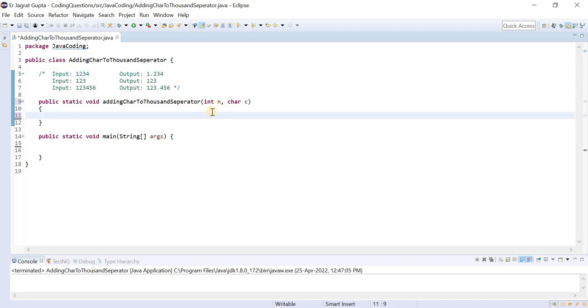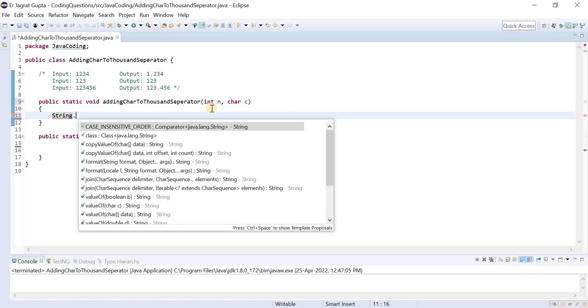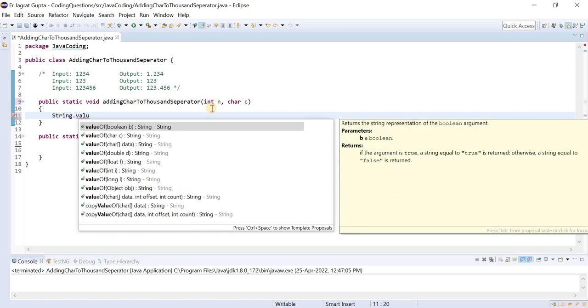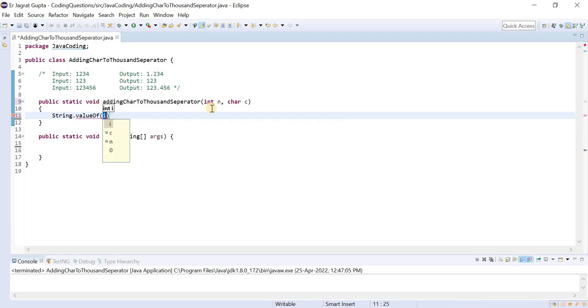As this particular input is an integer, we first need to convert it into a string so that we can perform modifications. If you want to do any modification, we can easily do it with the help of a string. We have a method, String.valueOf, and we can easily pass this n.